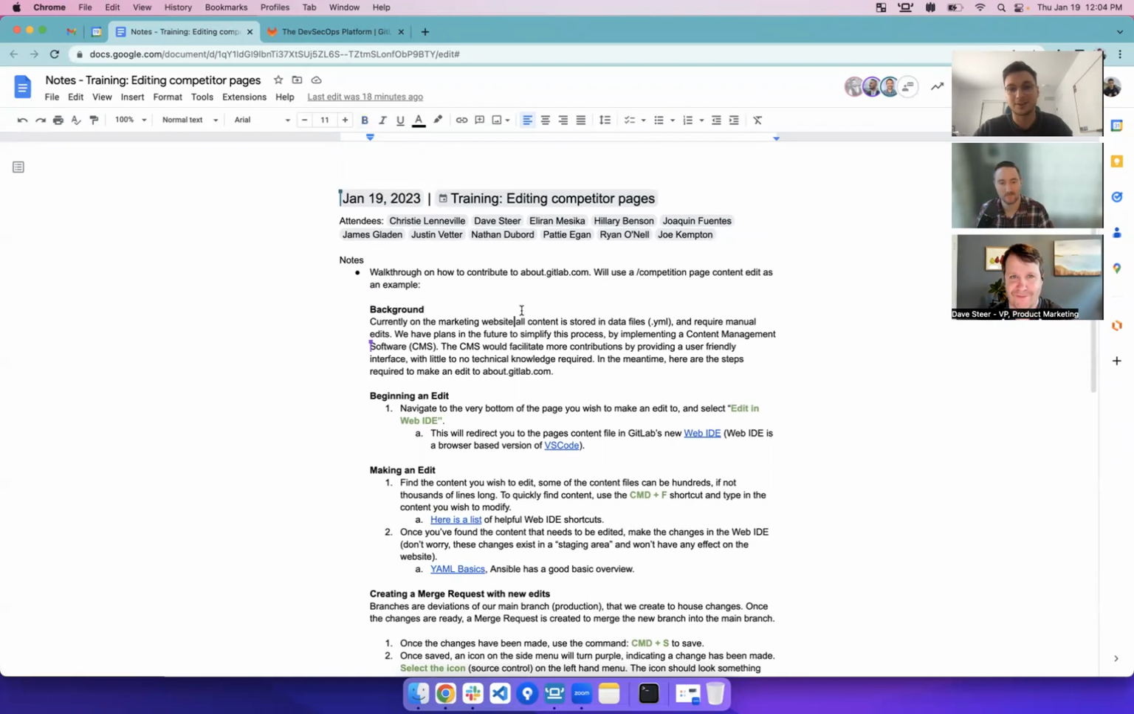This is not the same process that I go through when I'm making changes, just because we have the code base set up locally. So I'll try my best to go through. And we also have a new web IDE that we just released. I think it's in beta right now, and so that's going to throw a wrench in it. But anyways, to get started,